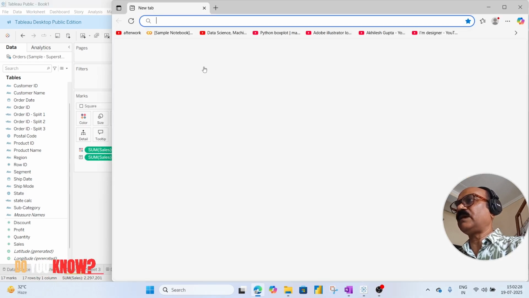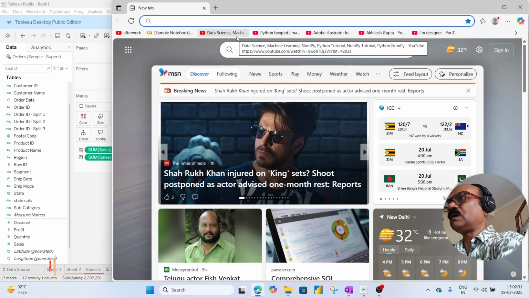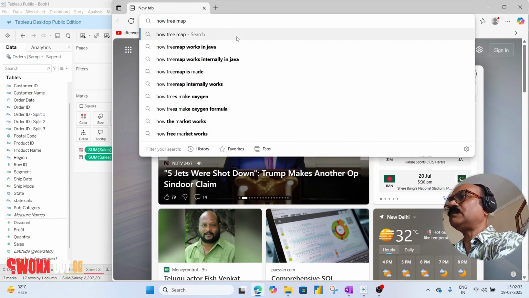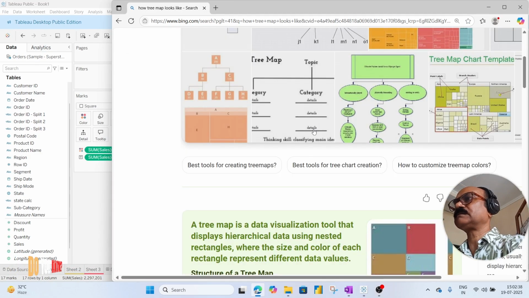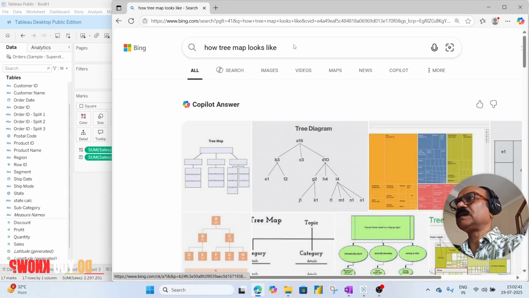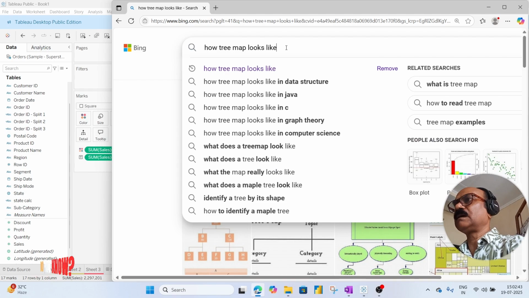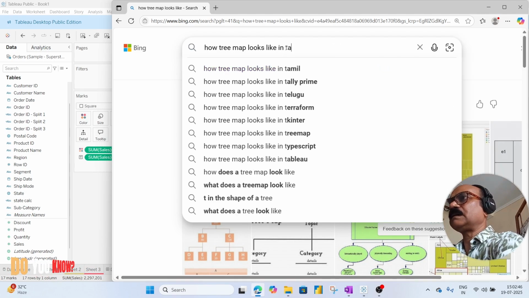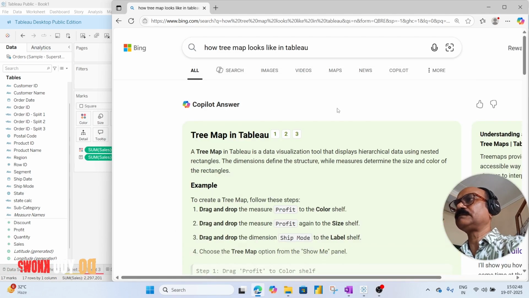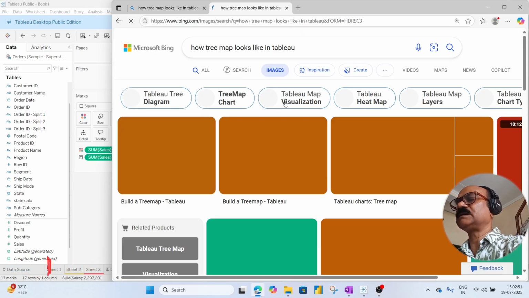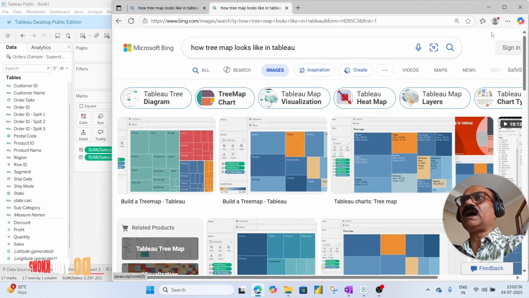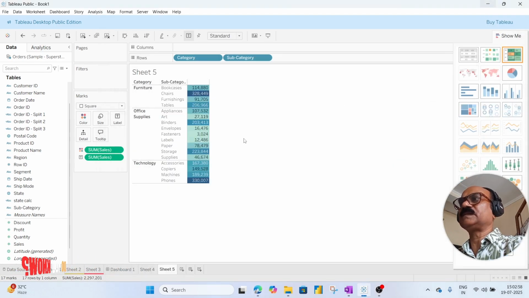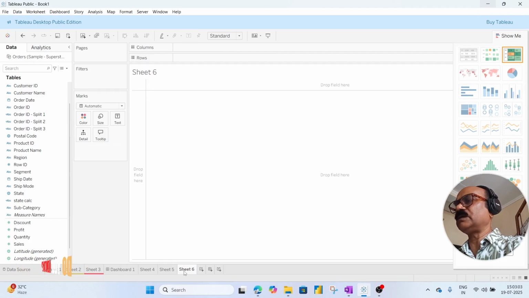Let's find out how a tree map looks like in Tableau images. These are the tree maps. I have created a heat map. This is a heat map. If you want to create a tree map, just go here,